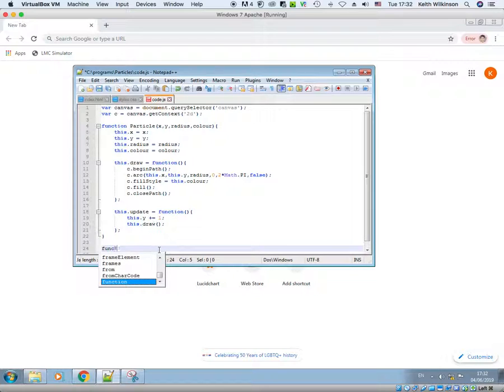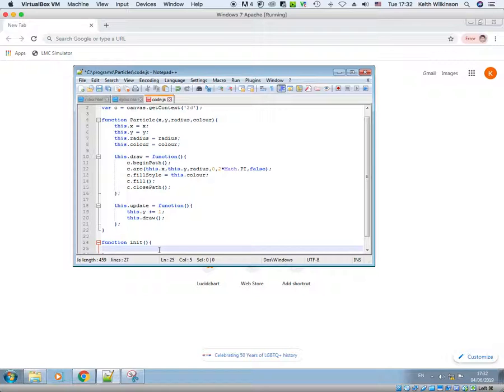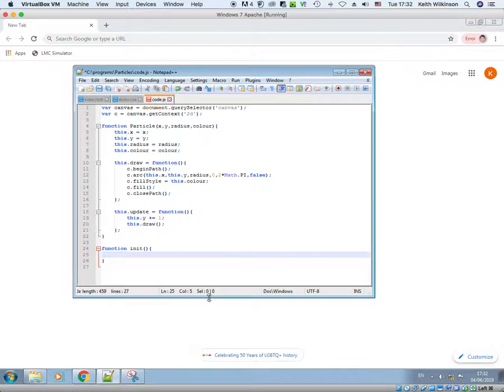So I'm going to say function init for initialize. I'm just lazy, I don't want to type out the word initialize. Open and close round brackets, parentheses, and then open and close the curly braces. And in here I'm just going to say that my first particle, P1, is equal to